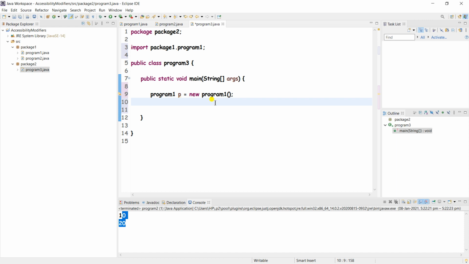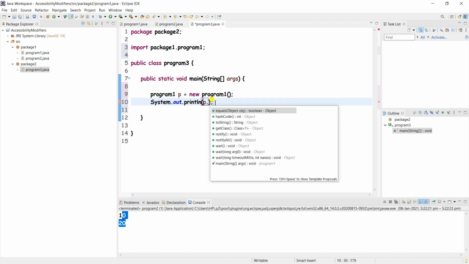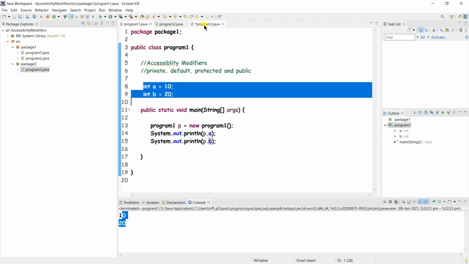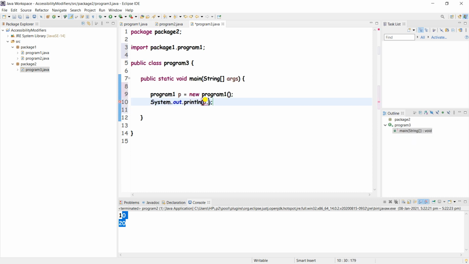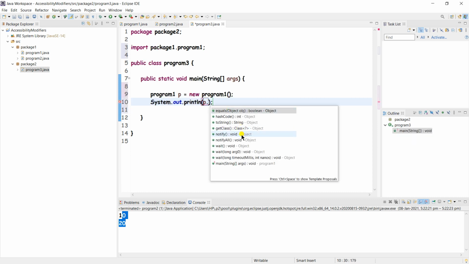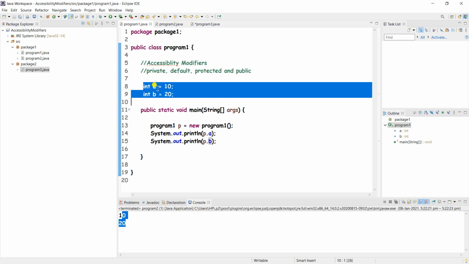Here I have created the object. Now we'll take one sysout statement and try to access these variables, right? But here no suggestions are coming for variable a and variable b, because we cannot access these two variables outside the package, right?